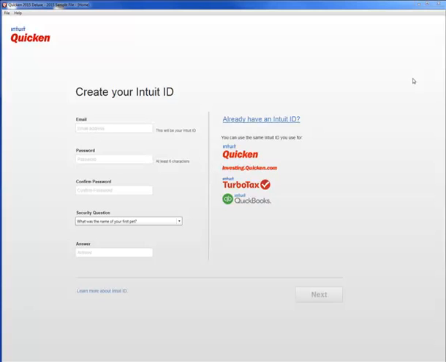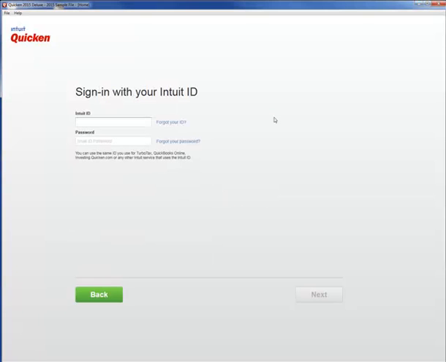Whether you install Quicken from a CD or download it, one of the early prompts is to create an Intuit ID. It asks for an email, establishment of a password, confirmation of that password, and a security question. I've previously set up an Intuit ID, so I'll type in that information. I'll click on Next,